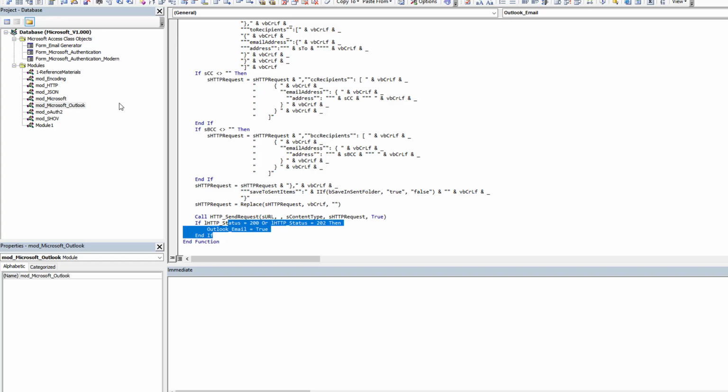Do keep in mind, this is an introduction to REST APIs. There are thousands and thousands of REST APIs out there, so you can take this and go and connect to other REST APIs. And that's the beauty of REST APIs. It really is something that's been used in web development for decades. So with Microsoft Access, or what I'm showing you here, we're just more or less playing catch up. And with the changes coming to the new Outlook,